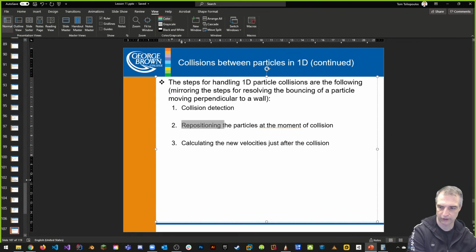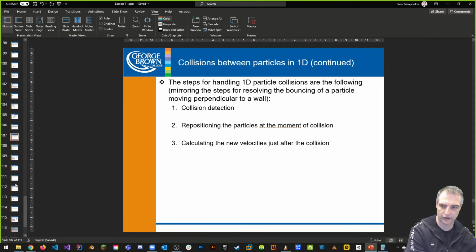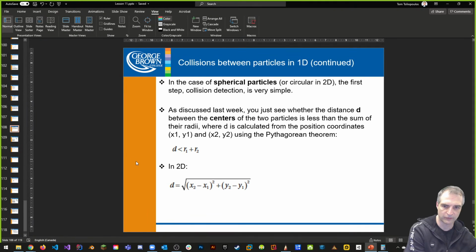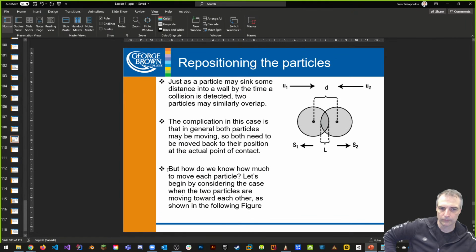We've covered 107 slides out of 119, and I guarantee you that we're not going to get much more detail than that in here from a 1D perspective. So what about particles colliding against each other? We've talked about a particle that's dynamic against a static object. What about particles that are both dynamic? 2 particles hitting each other.